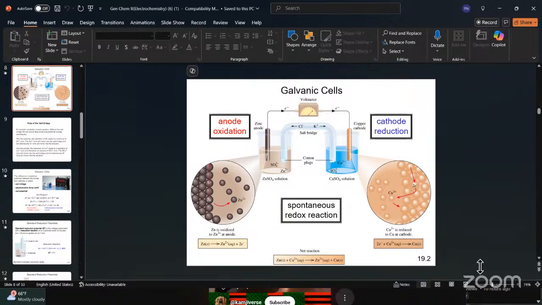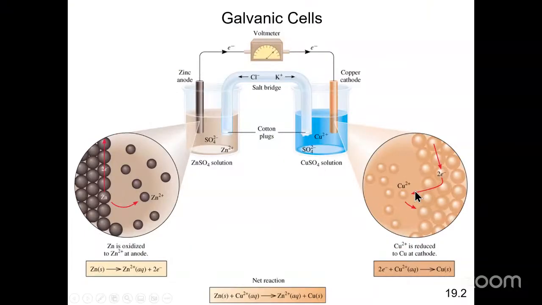And as you're going to see, this is very important in this chapter because pretty much, well, not pretty much, all the reactions we'll be looking at and the concepts involving these reactions in electrochemistry are redox reactions, right? So in all of these reactions, you're going to see where you have electron transfer from one substance to the other. All right, so let me start off today's class with this diagram right here,